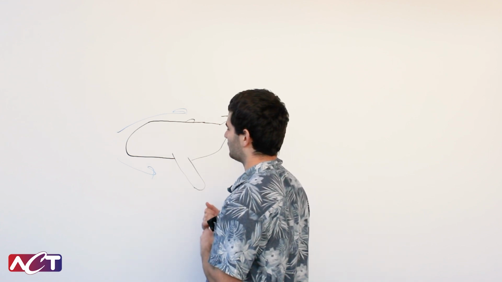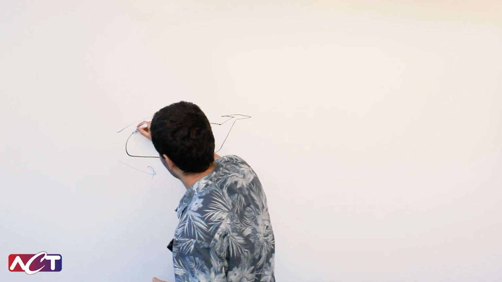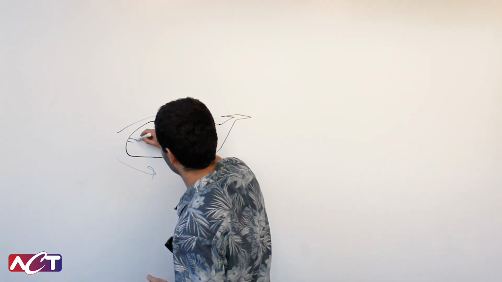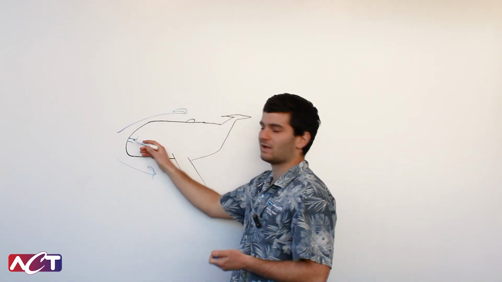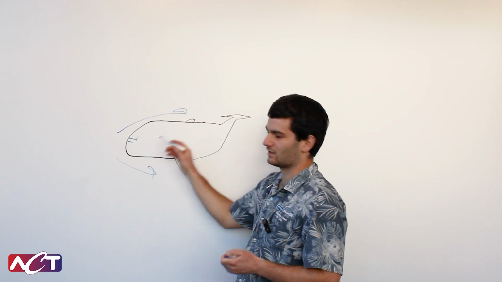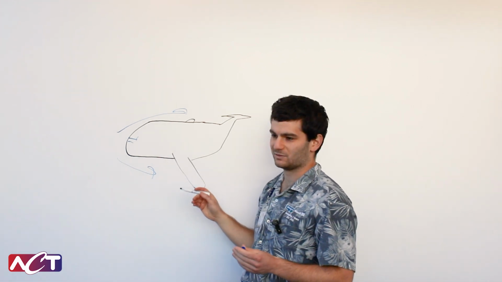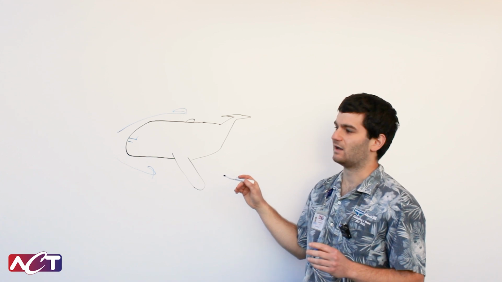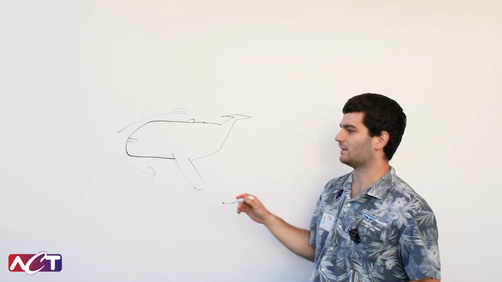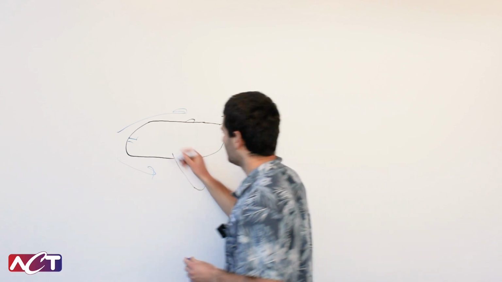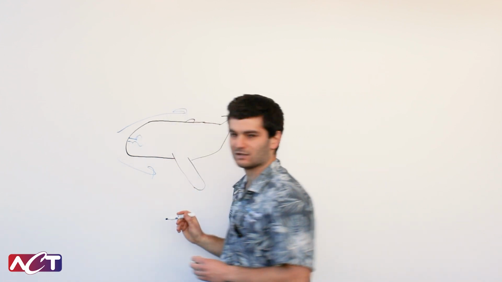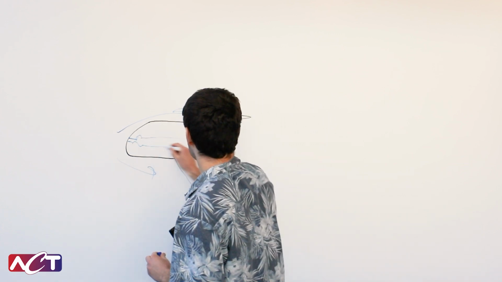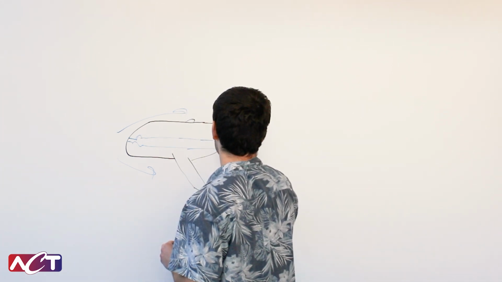The way these work is because you're going at a high speed, you have your ram air inlet, which I'll just draw here for now. And then it goes through a pressure diffuser. Since you have a very high effective air velocity at the inlet, you need to slow it down to build static pressure. Bernoulli's principle shows that when you have a high dynamic pressure, you'll have a low static pressure. So by slowing the air velocity down, we decrease that dynamic pressure to increase the static pressure. So we go through our air diffuser, changing cross sections to build the static pressure. Then you have your main heat exchanger portion, and then you have your air outlet.